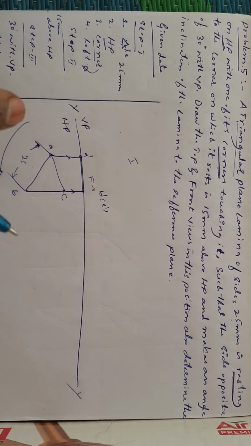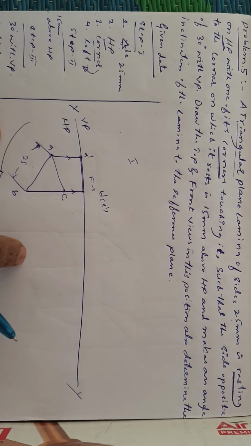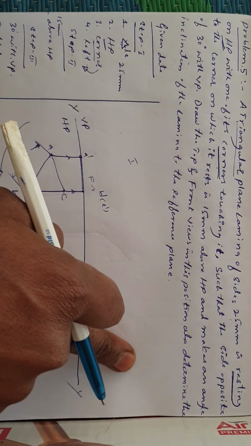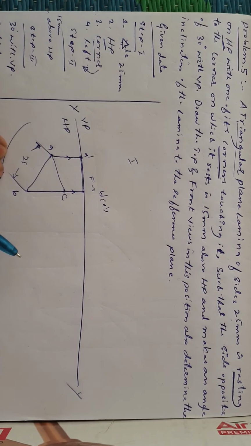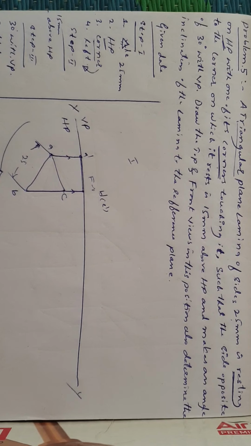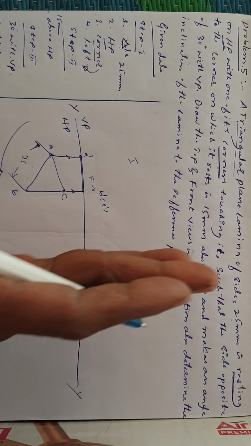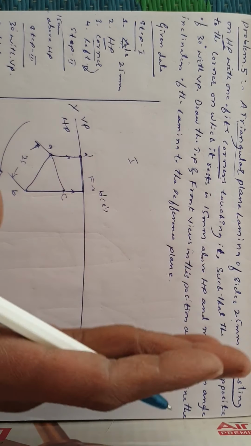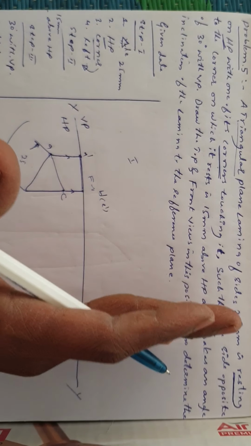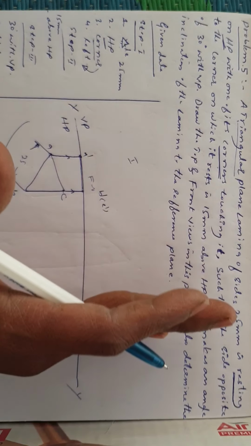We know the concept. If the lamina is resting on HP, the second step always requires the HP angle, and the third step the VP angle. If the lamina is resting on VP, the second step requires the VP angle, and the third step the HP angle. Now the given lamina is resting on HP, so the second step requires the HP angle at any cost, then the VP angle. As we discussed in the last class, the second step should be completed using an angle, and the third step also. Sometimes any one angle will be absent, or sometimes both angles will be absent.